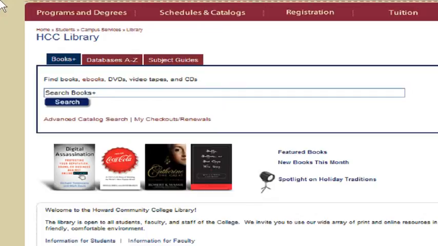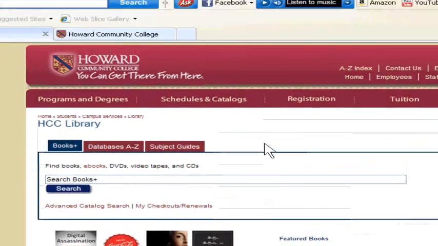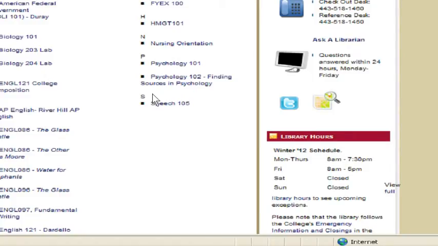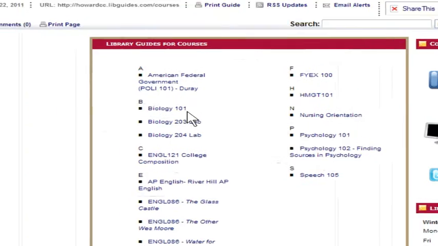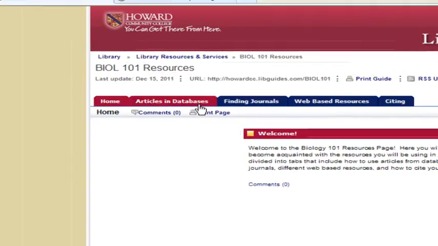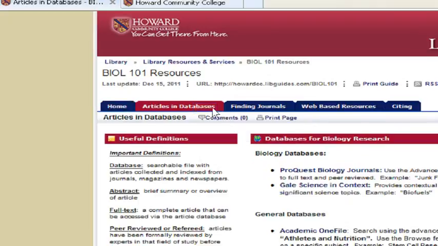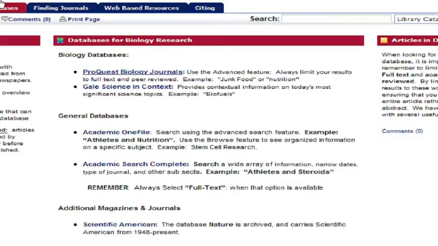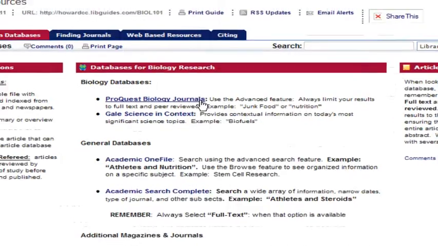So let's look at some databases that could be useful to you for Biology 101. First, go to the HCC Library webpage, and then click on Course Guides on the right-hand side. Select Biology 101 from the course guide list, and then on the displayed tabs, choose Articles in Databases. Here's a list of several databases that have articles that can support your work in Biology 101. We're going to investigate the ProQuest Biology Journals database. We'll click its name,